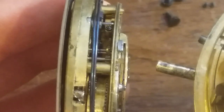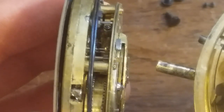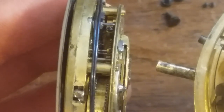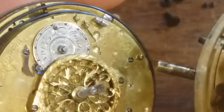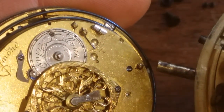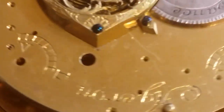But if they're too close or too far, they will start grinding, eventually to a point of binding, but they will slow down before they bind up completely. And this is how speed control was accomplished in the early repeaters. And so that's basically what we have to do, both on the repeating mechanism over here as well as